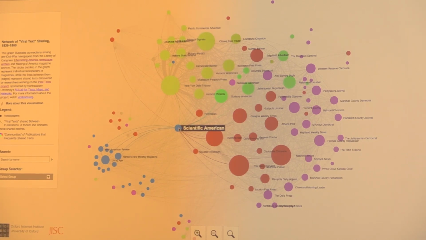But the other thing is that this is simplified. None of these papers are actually completely disconnected from any of the others. As I said, it's a pretty dense network. Even the ones that live on the edges are still sharing hundreds of texts with the more central newspapers. That's one of the challenges of making nice-looking network graphs of this data: it's so dense that you have to simplify the edges to make it even intelligible.